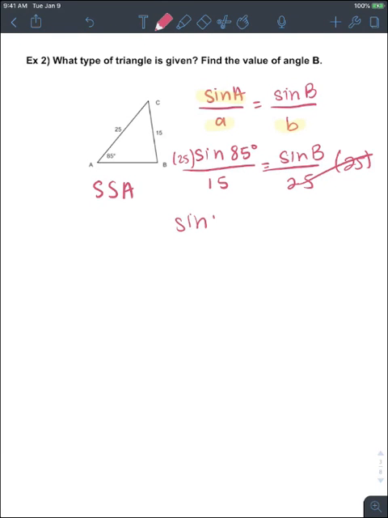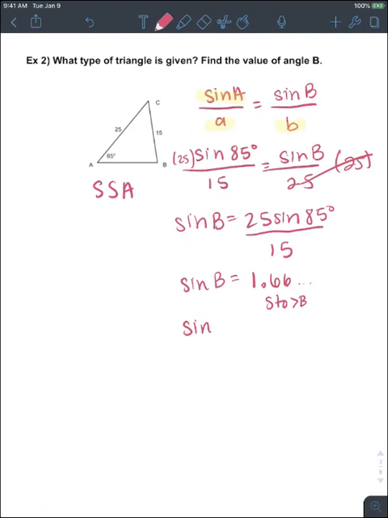So sine B is equal to 25 sine of 85 degrees over 15. And I'm going to get a decimal equivalent and store that number in my calculator. So 25 sine 85 divided by 15 gives me 1.66. I'm going to store this as B. Okay, so when I take the sine inverse of my ratio, 1.66, and that's going to equal angle B, my calculator says